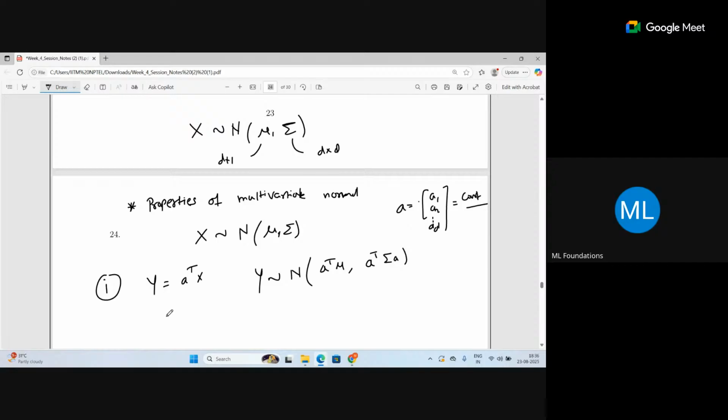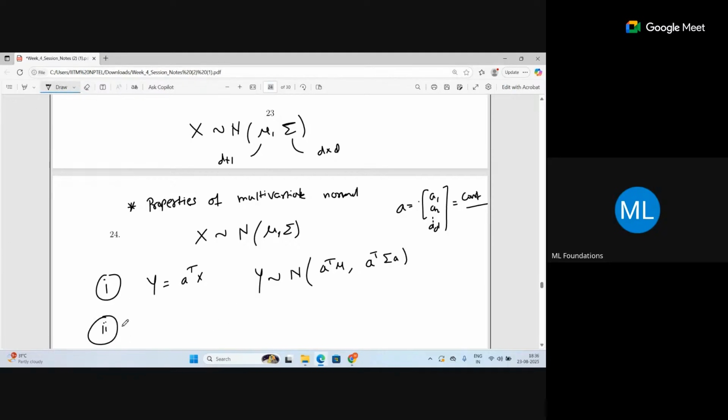You can show that also, because if you just apply it here, variance of y equals a transpose, squared. So basically, if I wanted to square it, it will look like this: a transpose, variance of x, into a. It's not variance of x, it will be a covariance matrix, so it will be covariance of x. Fine. So this is going to be its distribution.